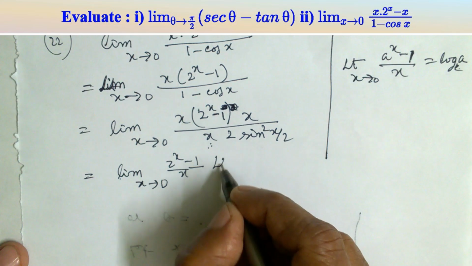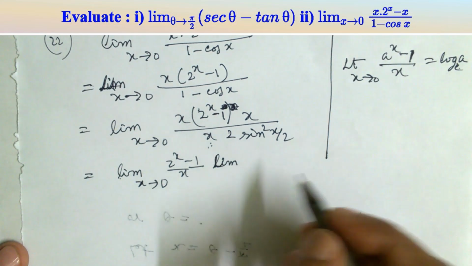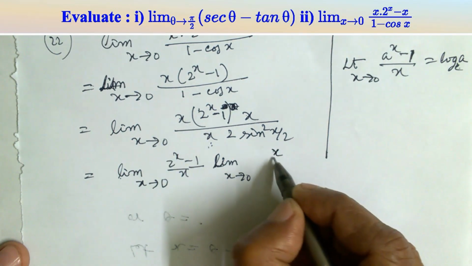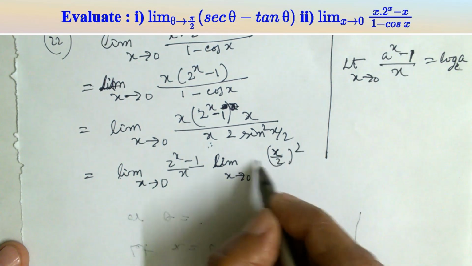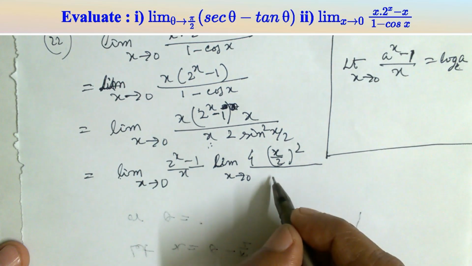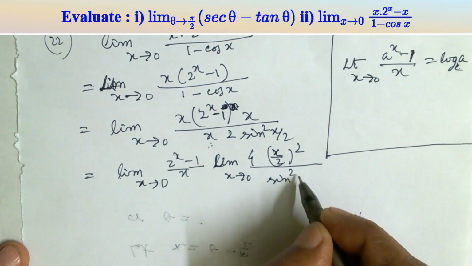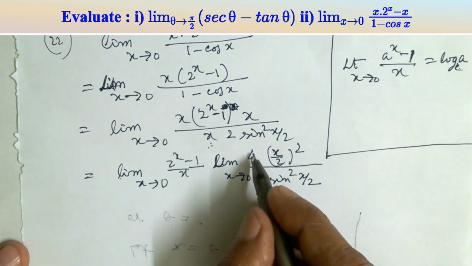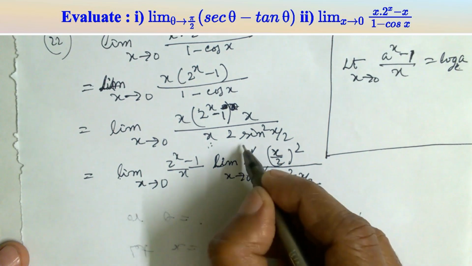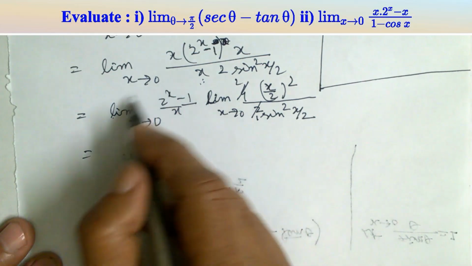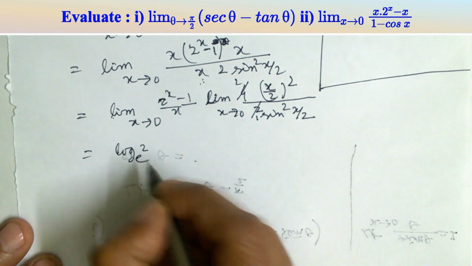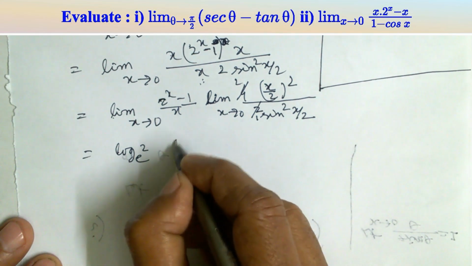Another portion, limit x tends to 0, this portion x and x square, x by 2 whole square, here 4, extra by sine square x by 2, and here is this 2 writing here. This 4 and 2 will get cancelled to 2. So the value of this is log 2 to the base e